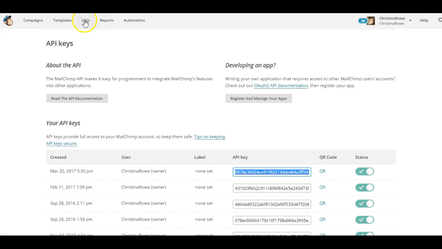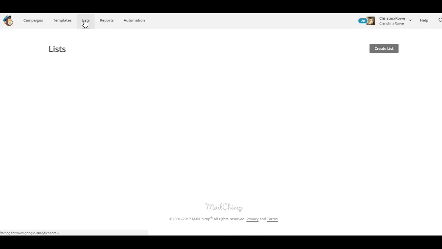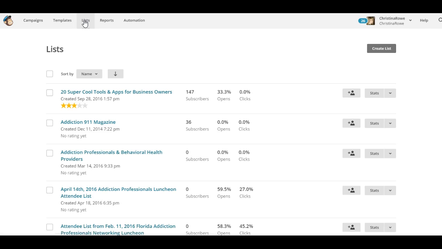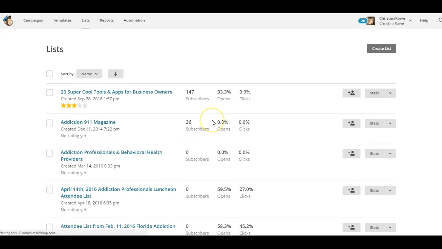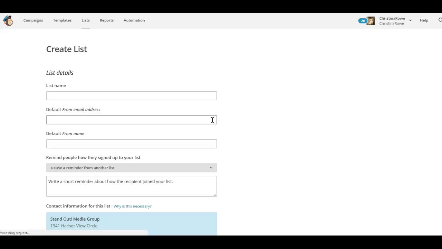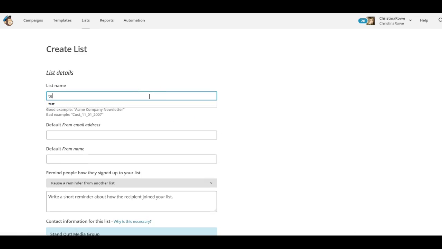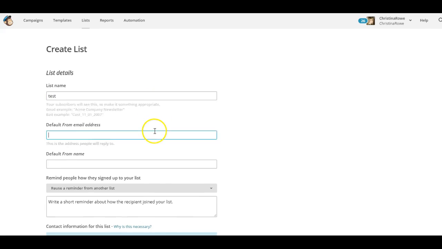You want to make sure that you have a list created that's going to hook up to the particular funnel that you want to use as an autoresponder. So I would say, let's just do a new one, because we create list. I'm just going to hit create list here. And I'm just going to call this one test. And I'll just